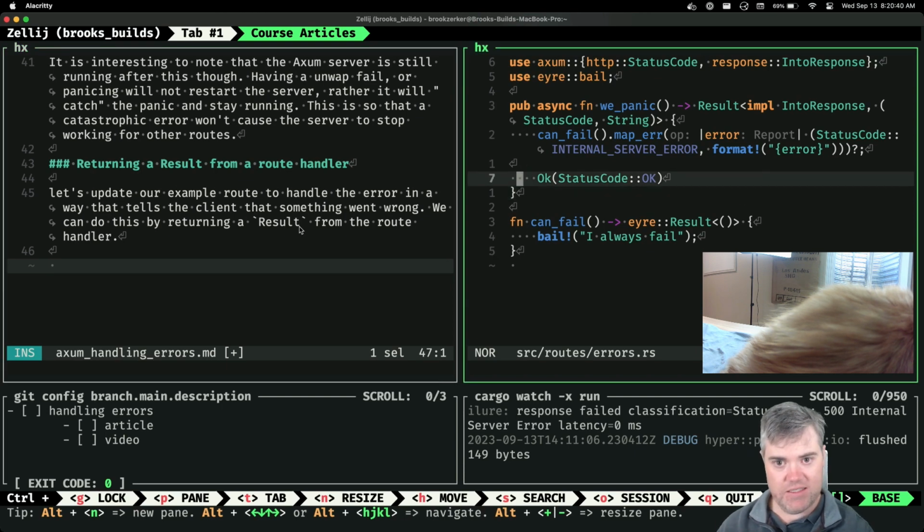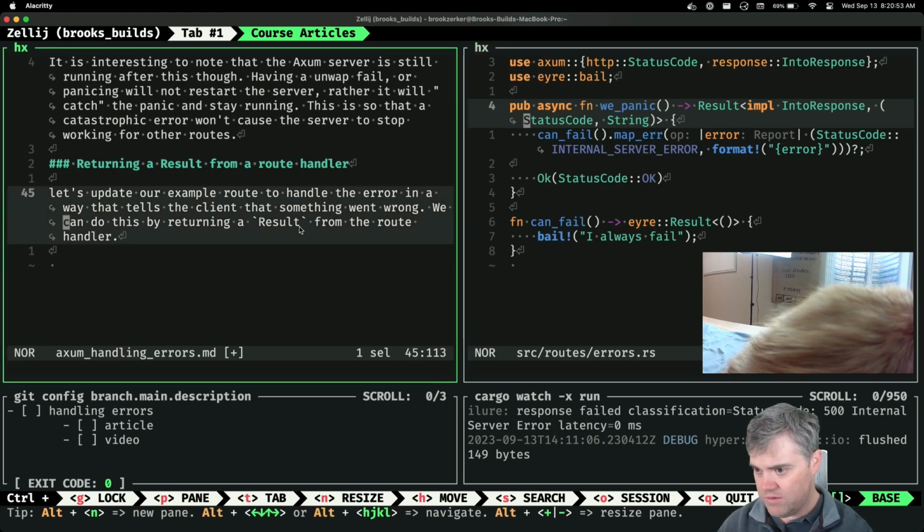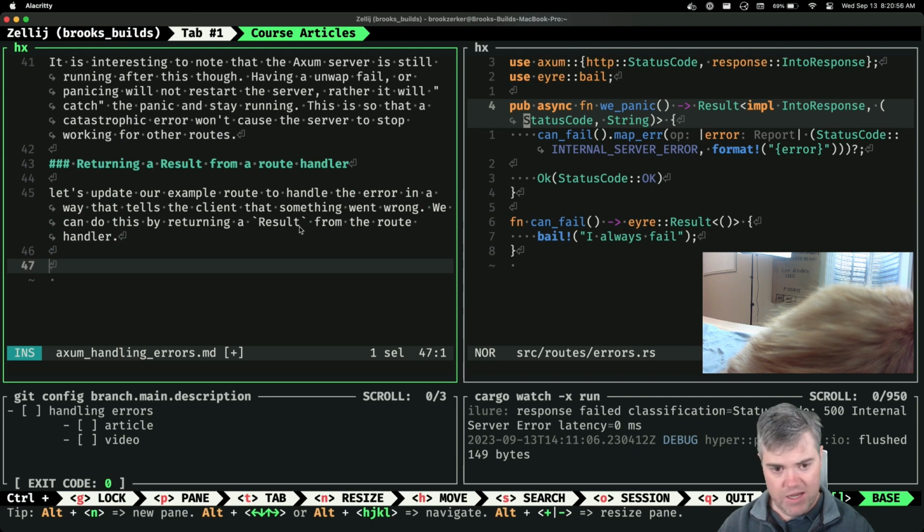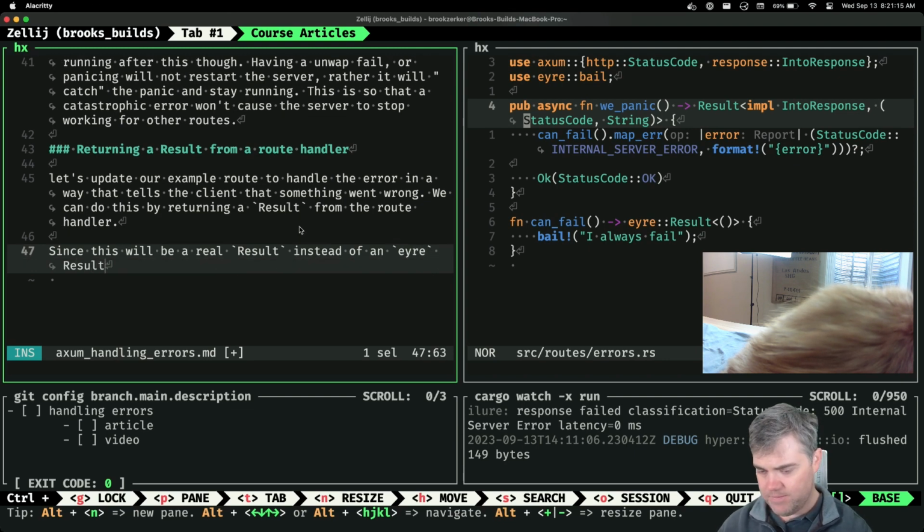So since this will be a real result instead of an error result, let's stop.